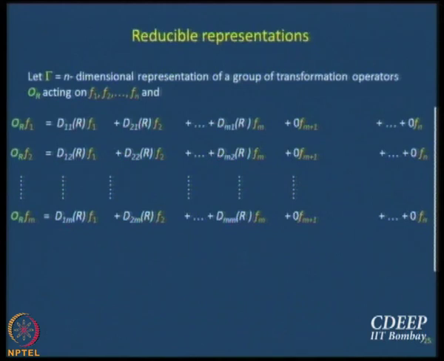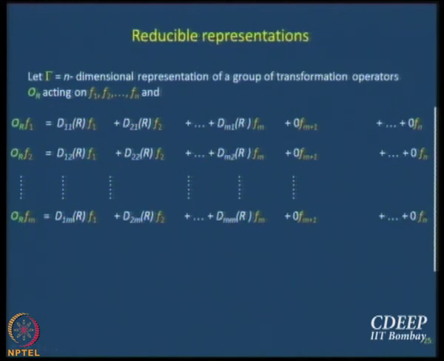So, what I am saying is that these Dxy's can be 0, they can be non-zero, general. But then we have plus 0 into Fm plus 1, plus 0 into Fm plus 2, etc., up to plus 0 into Fn. And a similar pattern holds for ORF1, ORF2, ORF3, so on and so forth up to say ORFM.